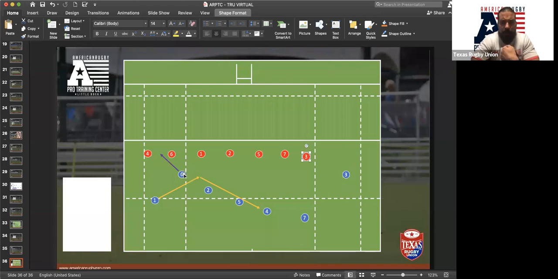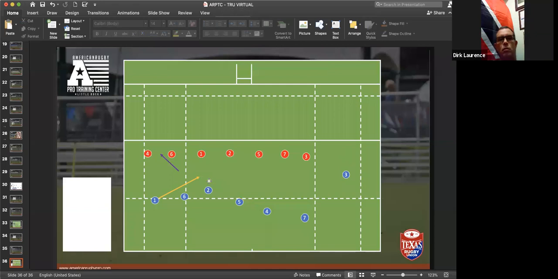If we move on to the next one, what is a loop? I think it's pretty common terminology. Well, a loop, as I know it, would be 1 passing the 6, 2 going to the right to draw the defense a little bit wider, with 1 coming through the gap and taking the ball back off the 6 on a short pass.